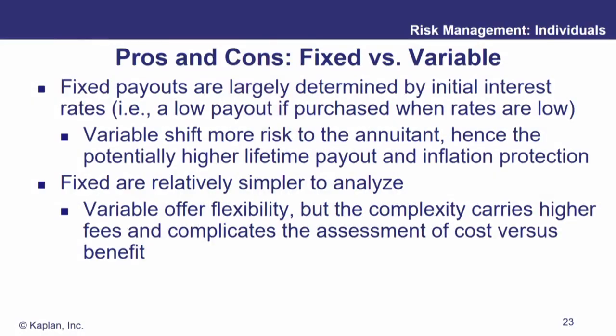With the variable, what you will get in the future depends on future rates of return. Again, those are usually tied to the stock market. There's uncertainty. You're taking more risk as the annuitant, so your lifetime payout is generally expected to be somewhat higher. And as we pointed out, the variable also might let you redeem it early, albeit at an unknown future value. Fixed, they don't normally have that type of provision.